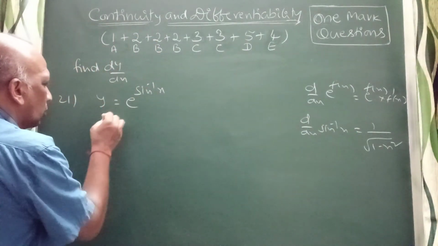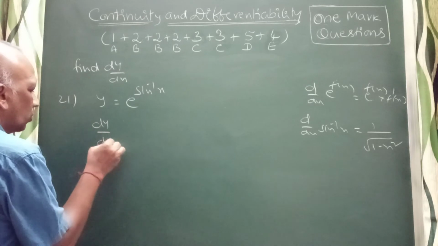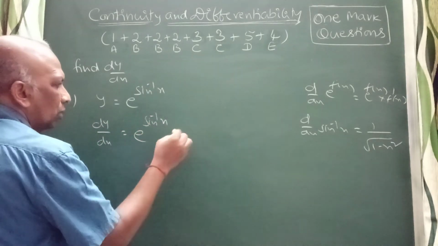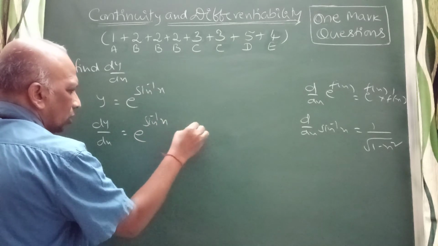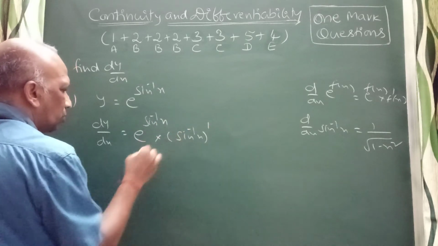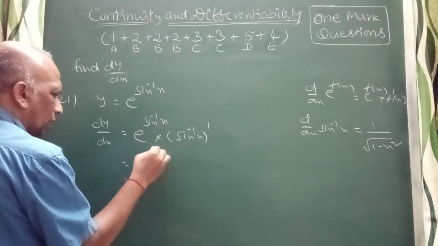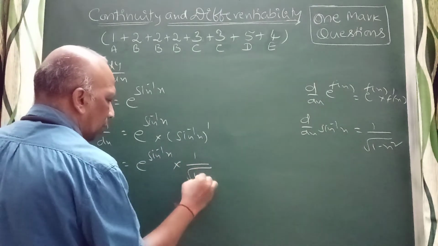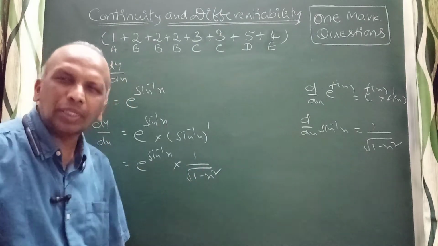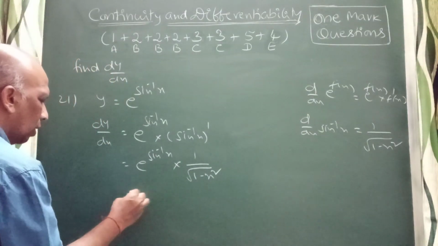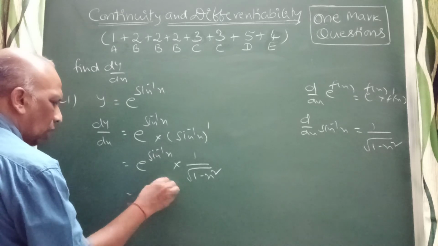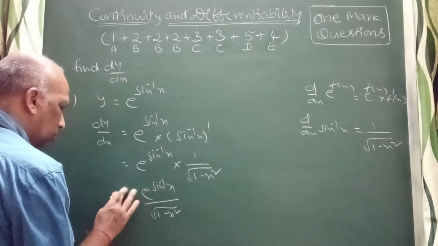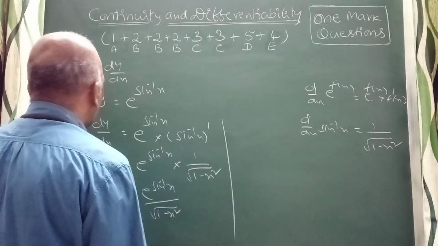The same thing here: dy by dx is e power sin inverse x into the derivative of sin inverse x, right? e power sin inverse x, and the derivative of sin inverse x is 1 by root of 1 minus x square. That's your answer. You can conclude that. You can stop here also: e power sin inverse x by root of 1 minus x square. Right. Suppose if they give